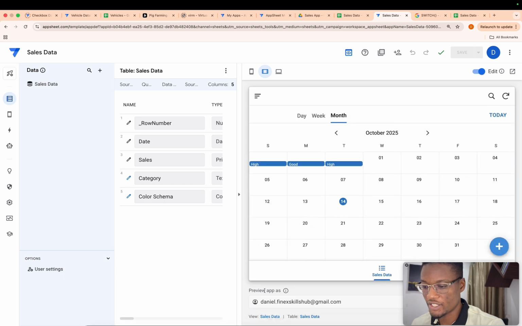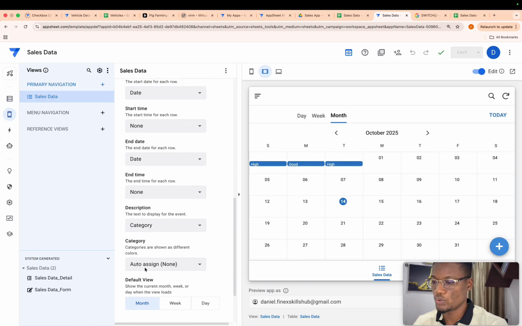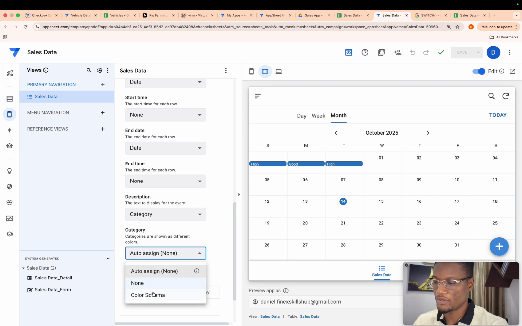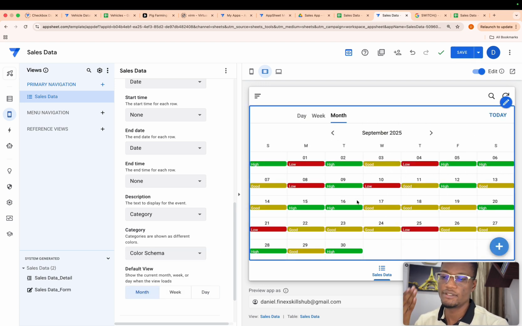Okay, so now if I come back to my function and I go to category, I should be able to select color. Good. And now when I select color, this works. Now you can use a lot of colors. It doesn't give you the chance to select so many different variant colors, but you can select colors like white, orange, black, purple. It's crazy.